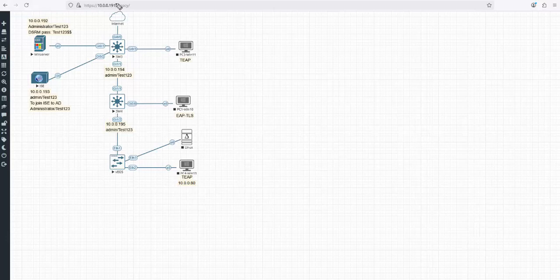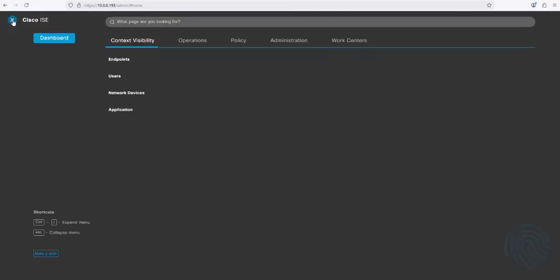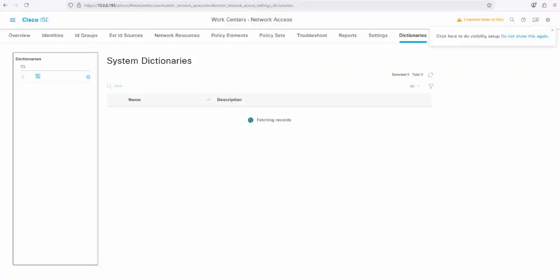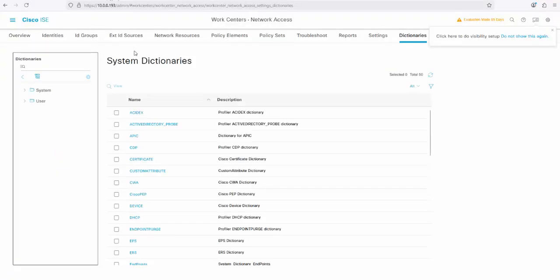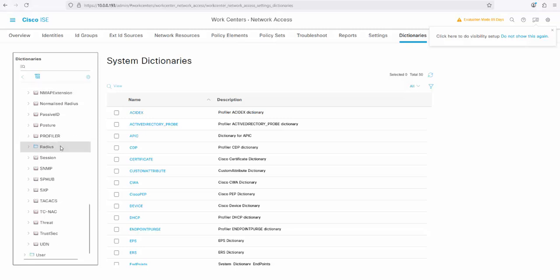All right, I'm going to review the settings for ISE. This is going to be quick. So let's go to ISE. Here, the first thing that we need to do is to add a dictionary, right? So we need to go here, Work Centers, and Dictionaries. Here, go to System, scroll all the way down till you find RADIUS